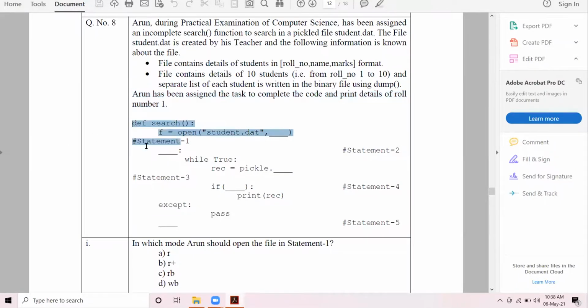So this is the missing code that has been given to you. Now, you are very much familiar with the binary file. So let us start the questions, but I want to give you 1 minute so that you can go through the coding carefully.